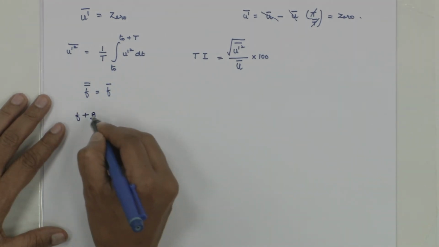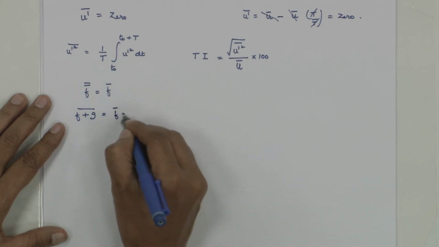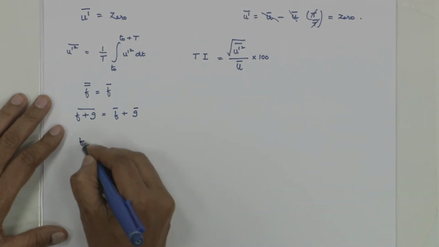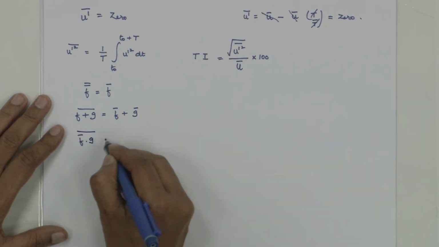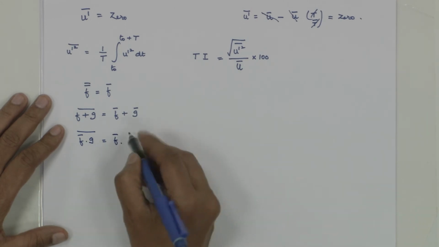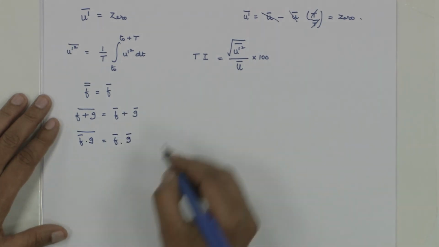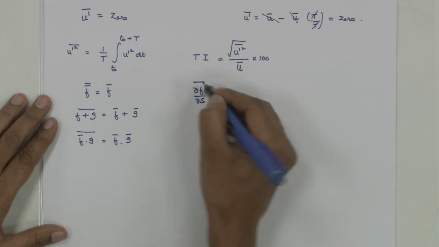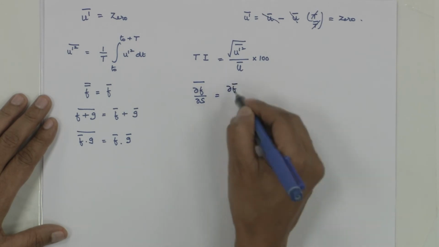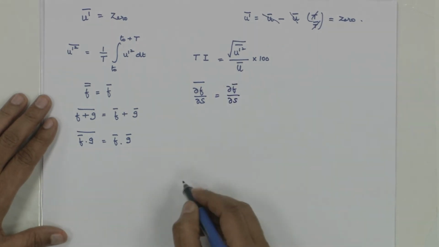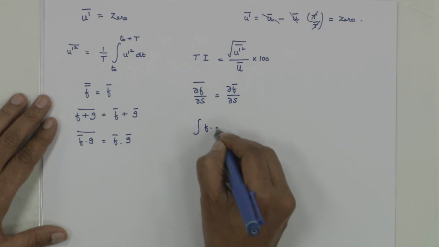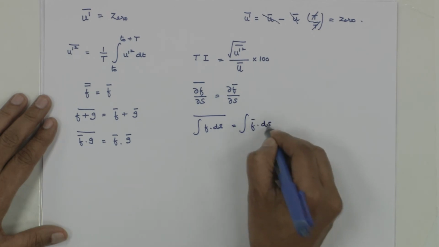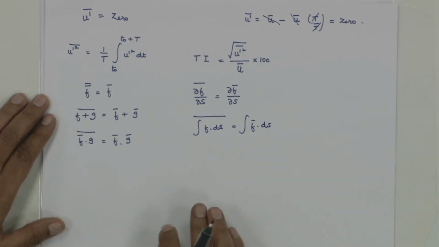The average of F plus G is equal to F bar plus G bar. You can prove it from the definition, it's not very difficult. The average of F bar times G is equal to F bar times G bar. Then next, important: the average of del F by del s is equal to del F bar by del s. The average of the integral of F dot ds is equal to the integral of F bar dot ds. These are a few rules which I am going to use